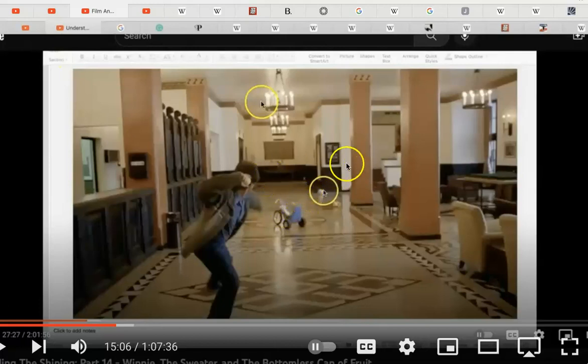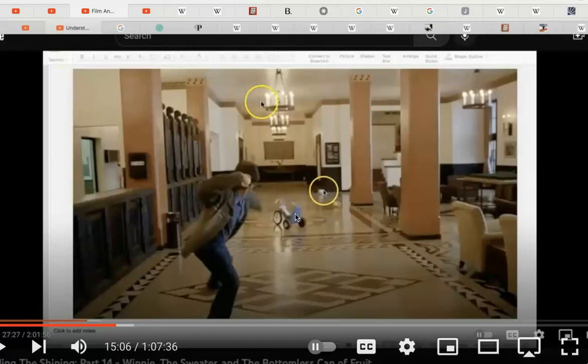When Jack hits Halloran in the chest with the axe, he doesn't fall right where he stands. No, he staggers, so it's at this line of this column, this line back here, and then Halloran staggers backwards, and then he falls dead in this circle where the tricycle is with the Bugs Bunny doll on it. And remember, Bugs Bunny is the one who calls people Doc, right? And Halloran is the one who calls Danny Doc. And the fact that the Bugs Bunny doll, the one who calls people Doc, is lying on Danny's tricycle, that means that Danny brought him there.